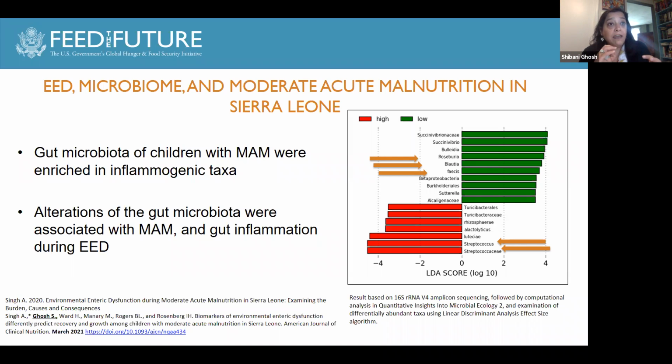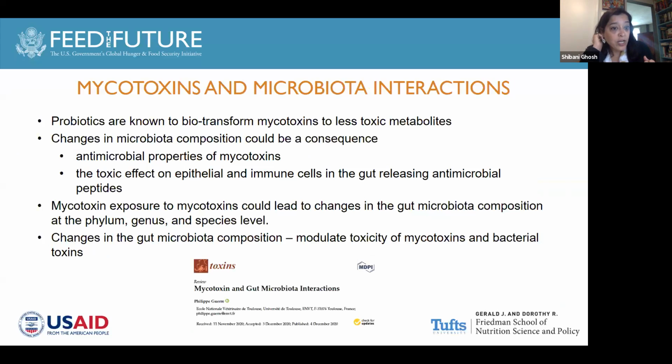And does a varying or variable microbiota affect, does it remove the effects of the mycotoxins? So that's really a future area of research that needs to be explored. Next slide, please. And what's very interesting is that there is a recent review on this topic, particularly on mycotoxins